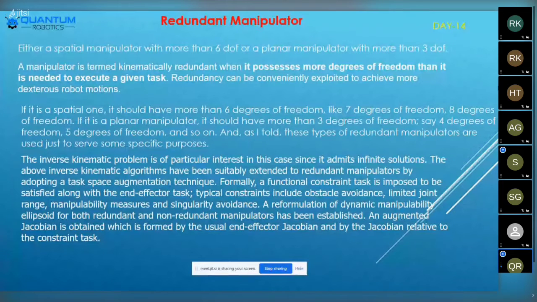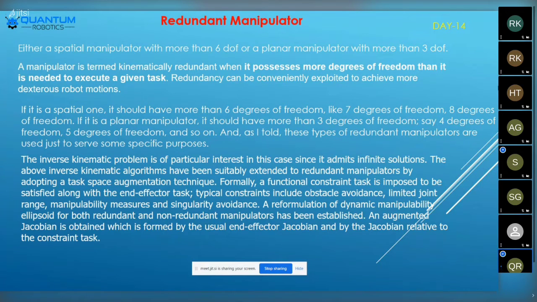Today we are going to learn about a different type of manipulators and how it is going to work in real-time conditions of robots, how the manipulator is going to be useful for our real-time use cases, what the main motive of using a manipulator was, and how it works in the particular working principle.